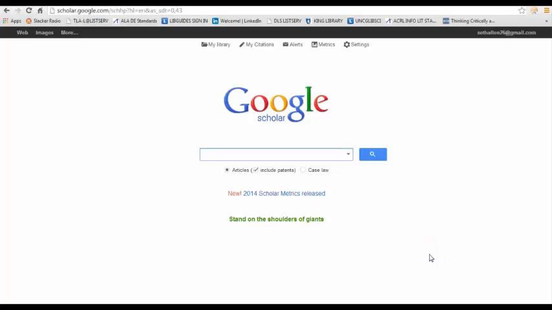Google Scholar is a helpful resource that aggregates scholarly information. Whether you're looking for peer-reviewed journal articles, patents, or case law, Google Scholar is the place to go. You need to go to